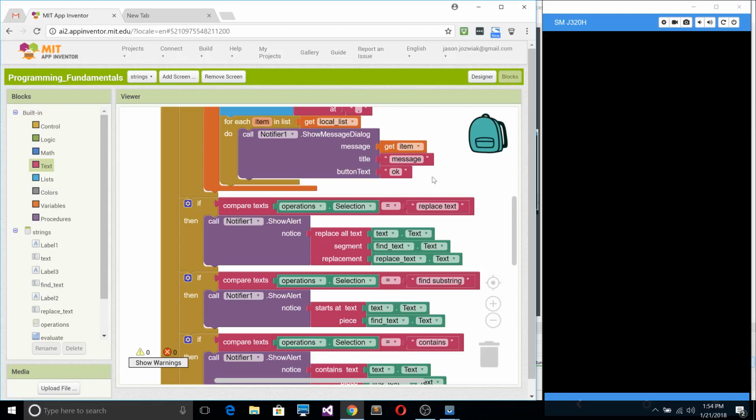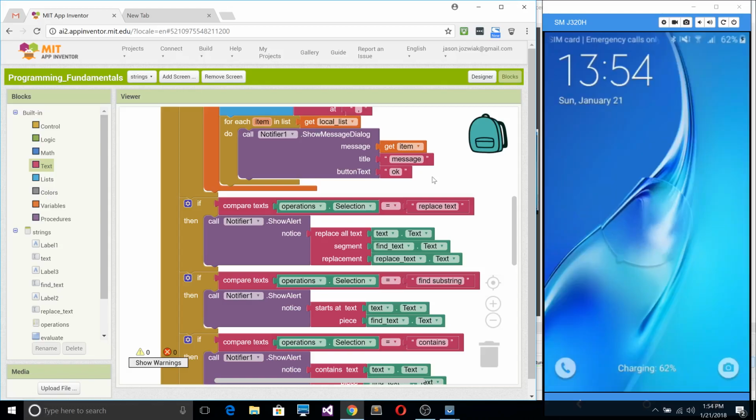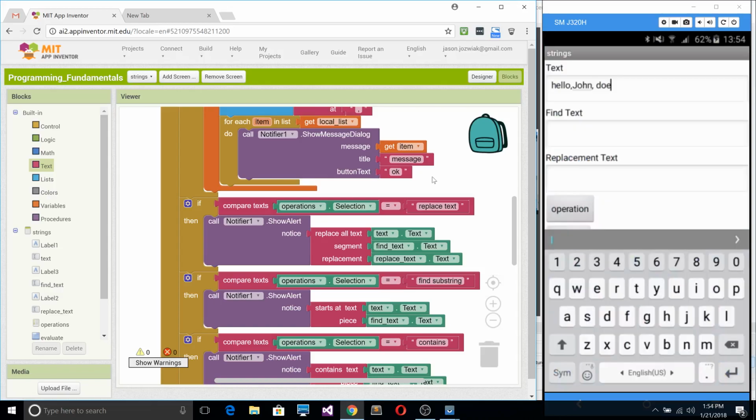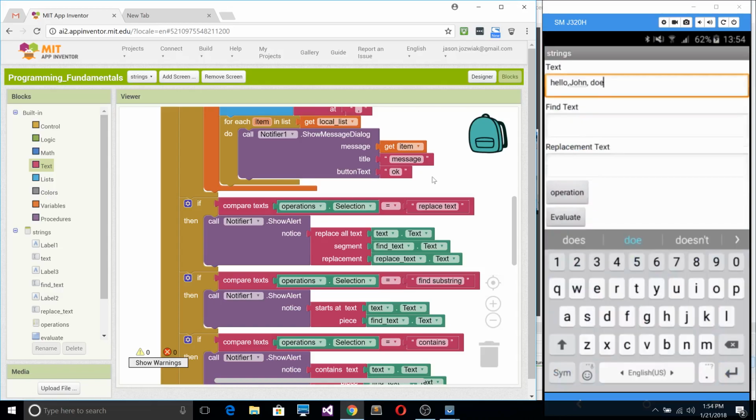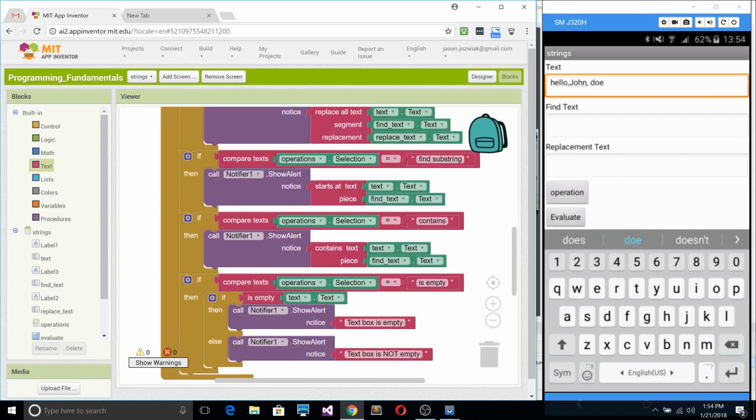Let's see, the next one is replace text. So here we will say we want to find a substring. Okay, so an example would be